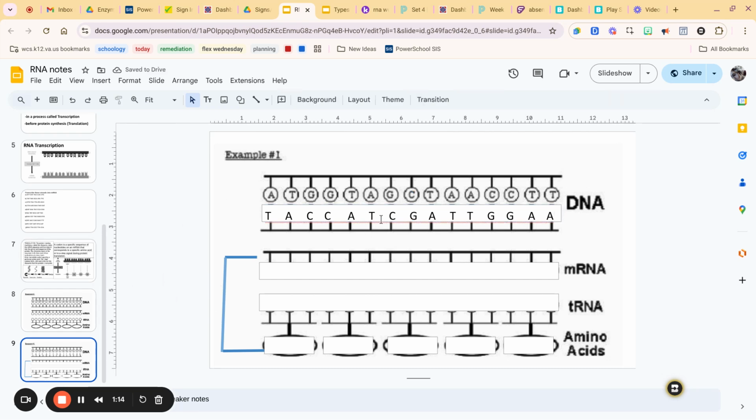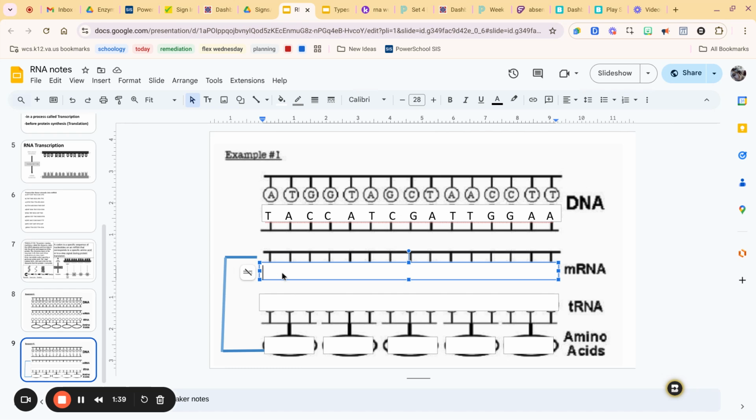So now we're going to use this strand of DNA to make our messenger RNA, to transcribe this message into messenger RNA using the RNA alphabet. With that, there are no T's in RNA, there are U's. So here we go. I'm using the complementary strand. So T will go with A